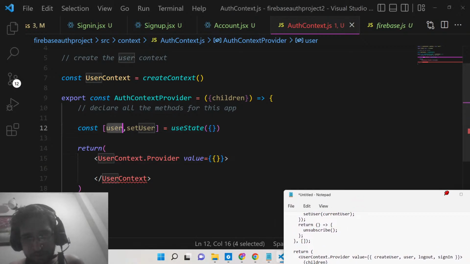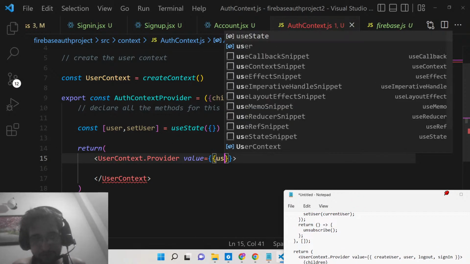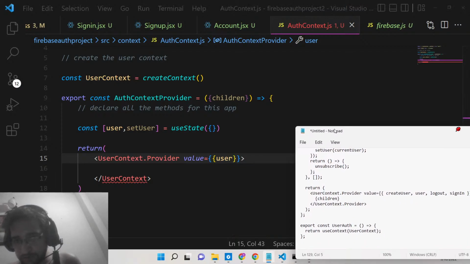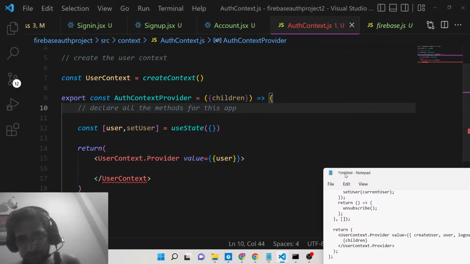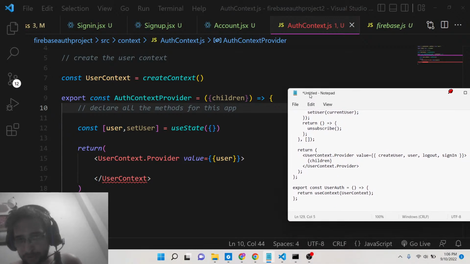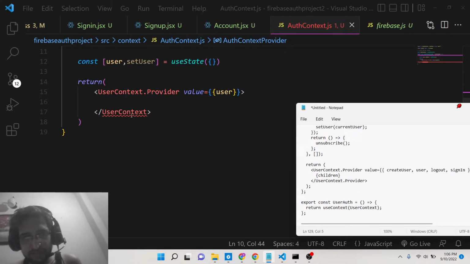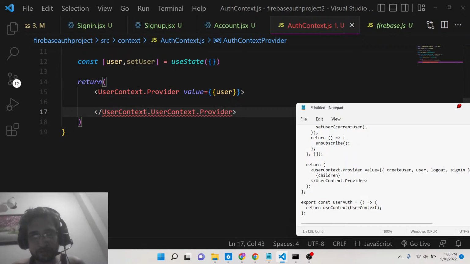So I need to put this user variable. I will put this user variable which is required, and now we need to define all these three methods, which is sign in, sign up, and logout. All these three methods, and lastly, if you see here, also need to put here provider,